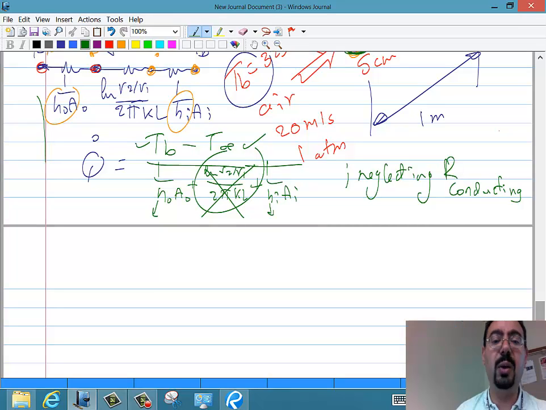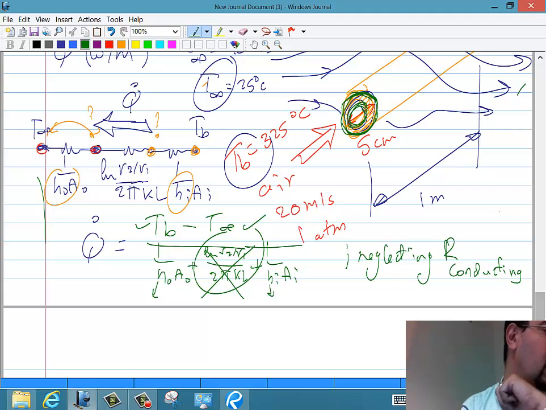All right? So now, after neglecting this, basically all our job now is to get the h i and h out. All right? So for h i, that's a flow in a pipe. So we should check whether it's laminar or turbulent, so that we can pick the right correlation, right? So how can I check whether it's laminar or turbulent? Reynolds number. And to get the Reynolds number, I need properties, right? I need the viscosity